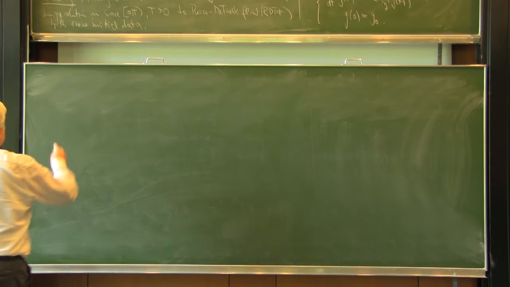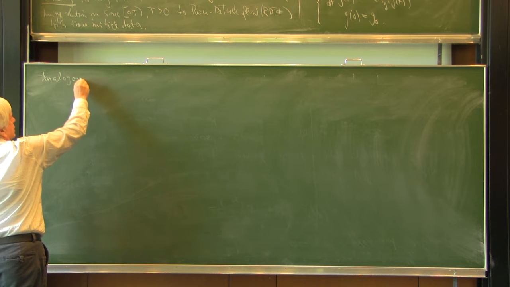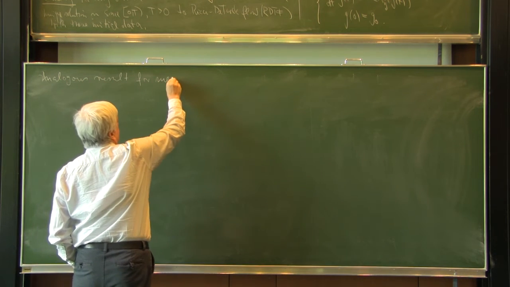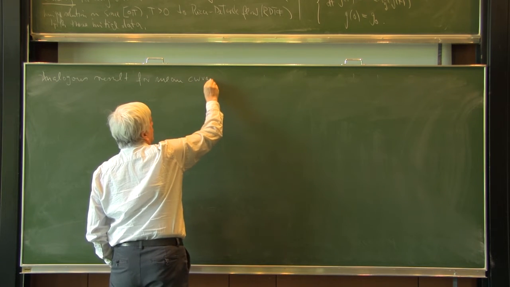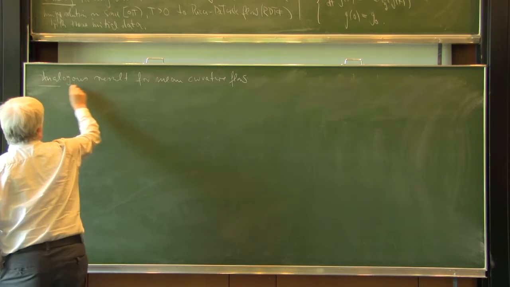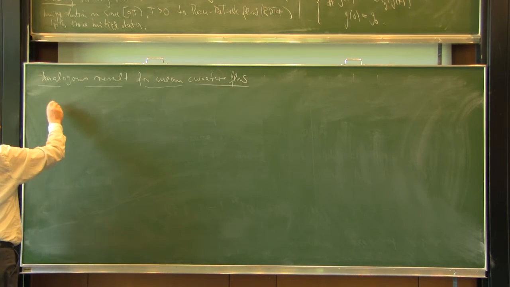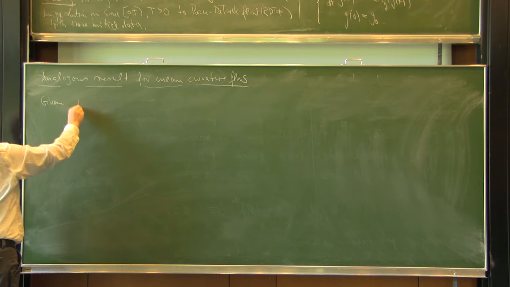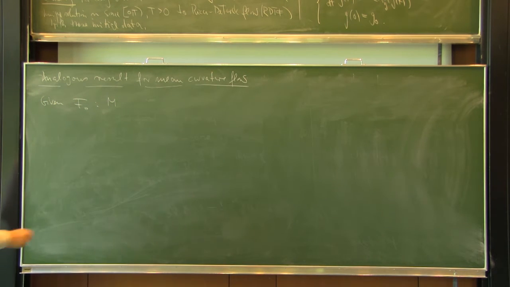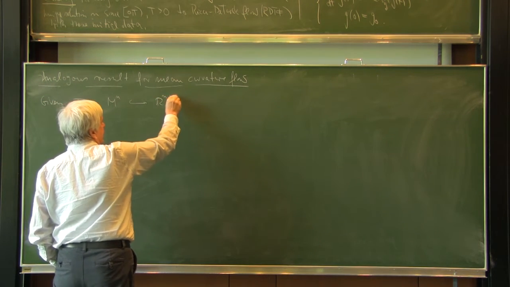Now the analogous result of the mean curvature flow. So remember, here we had given some initial submanifold, and let's take a hypersurface for simplicity, but all I say is